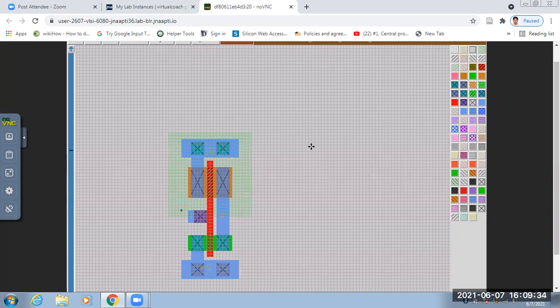Yes or no? So I think everyone completed this inverter layout. Yes or no? Yes, sir. The total dimension is what? The total height of the inverter? So total height is 7.8. Okay. So from center to center, it's 7.8 micron.